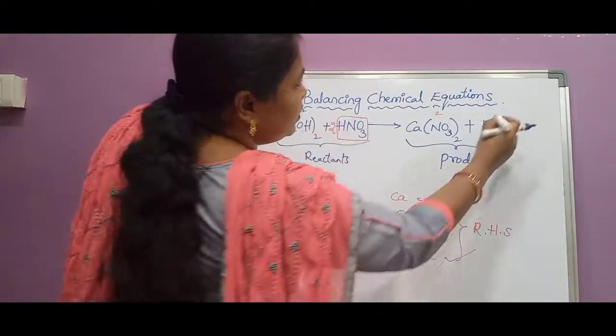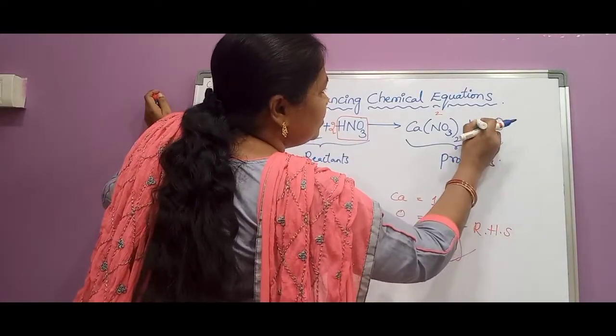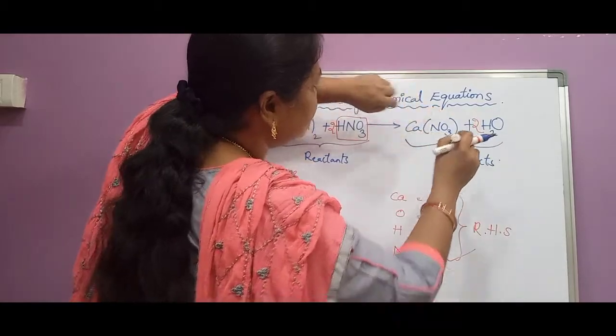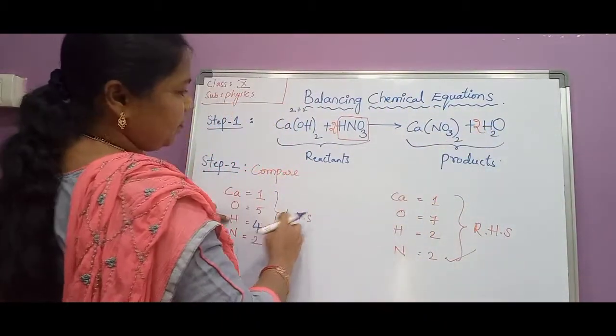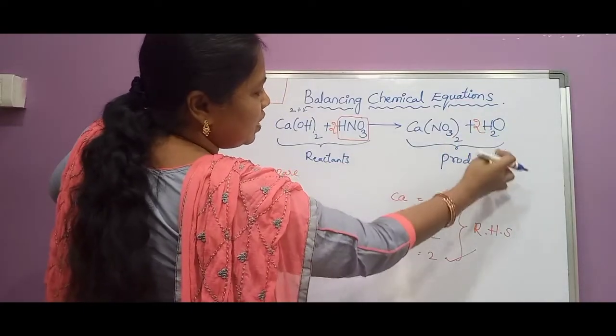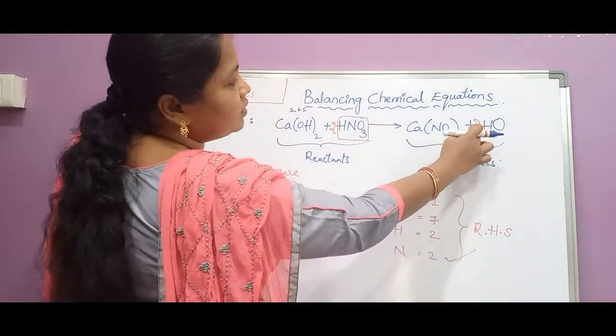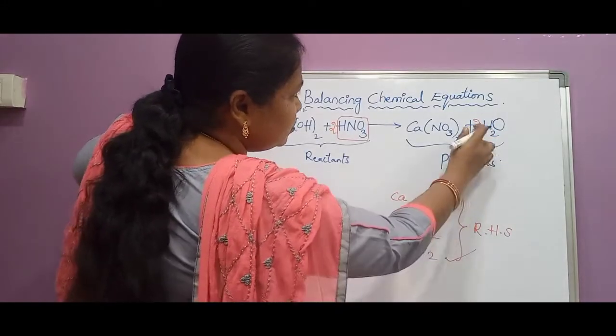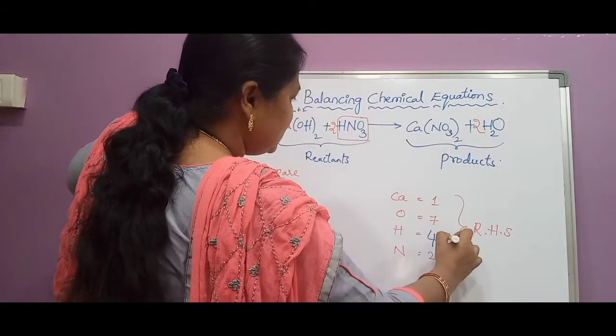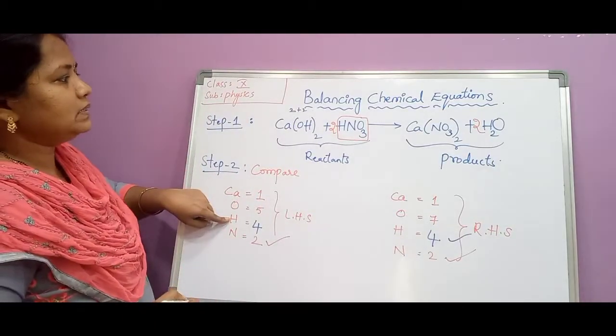So simply what we will do, this whole formula H2O we need to multiply with 2. Okay? Like this, we need to multiply with 2. So now 2 into 2, 4. Here hydrogens are 4. As there are already 2 hydrogen atoms on the right hand side, we need to write the coefficient 2 here. Coefficient 2 should be multiplied with the subscript 2. So hence we will get 2 into 2, 4. Hydrogen atoms becomes 4. So hydrogens are also balanced.